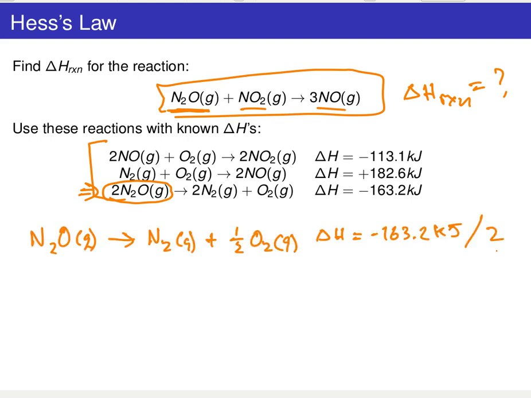And so I'm going to make sure to include that, divided by 2 on that delta H here, to take into account that I'm only taking half of this reaction. Okay, so I've got my first reactant. Now I'm going to come over here and look at my second reactant,